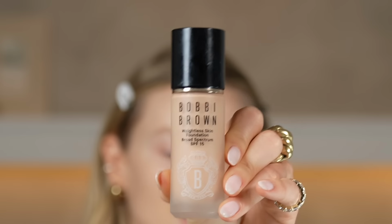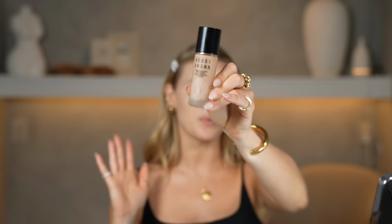Number two is how you apply your foundation or your SPF tint, whatever you're using. I'm gonna be using a BOBBI Brown just to keep it in the same family. This is a Weightless Skin Foundation, newest favorite foundation for anybody who wants more of that not trying hard, you can't see it on the skin, it's just glowy, healthy. It's definitely not gonna cover up that much, but it's buildable. So I'm gonna be showing you guys how I use this foundation improperly. Straight on the brush, and then I would just swipe it on the face like this